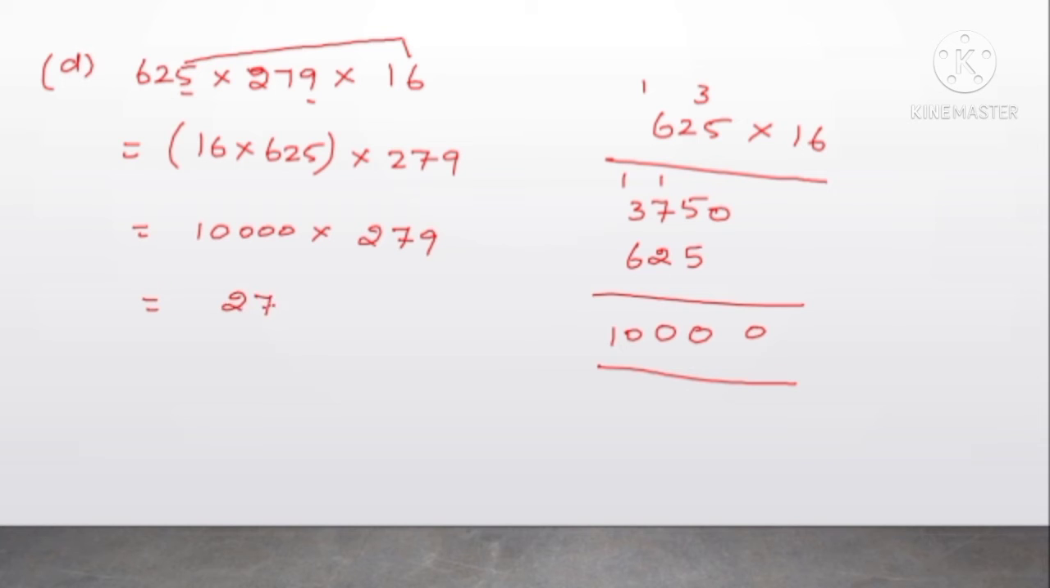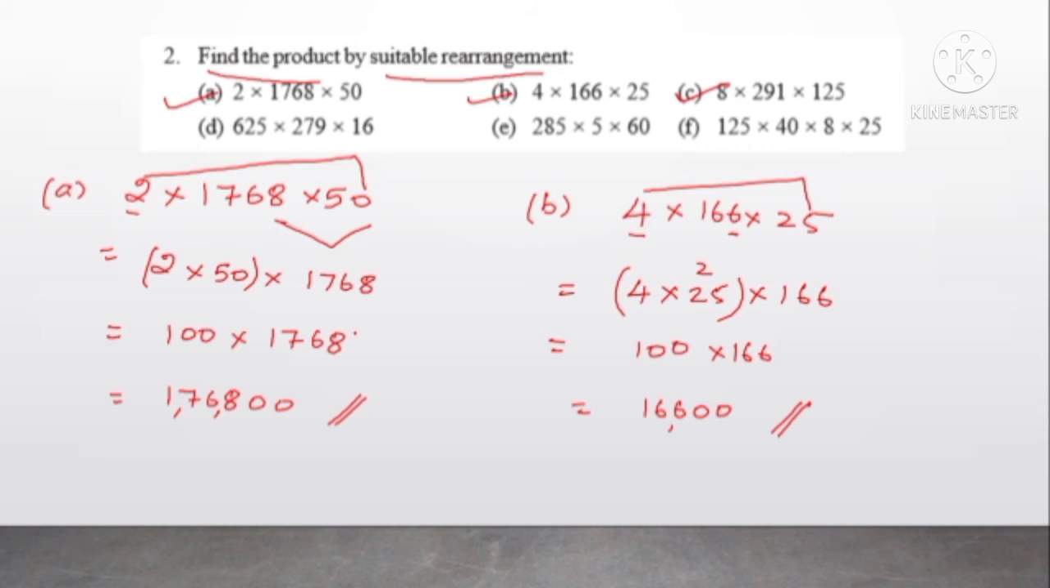So 279 as it is, how many zeros? 4 zeros. 1 2 3 4. So we get 27,90,000 to be the answer. Okay, so this is the answer for subdivision 4. So we completed fourth subdivision. Now moving towards the fifth subdivision. Subdivision E,